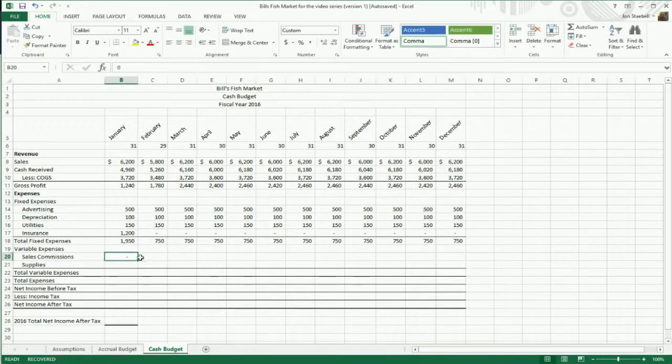So our January sales commission cash budget expense is going to be 0. In February, we're going to write a check for commissions to our salespeople, and we're going to take 5% times January sales. Now, an important point here. We are going to pay our salespeople based on 5% of January's sales. We're not going to pay them 5% of the cash received. We're not going to pay them 5% of the gross profit. We're going to pay them 5% of